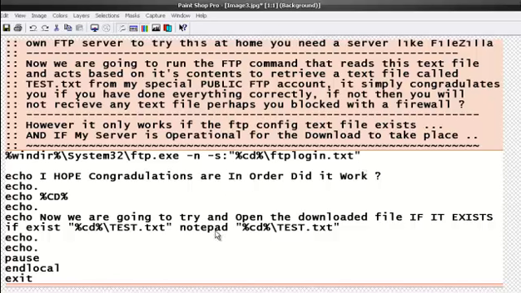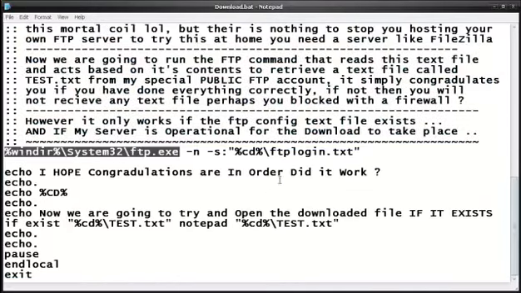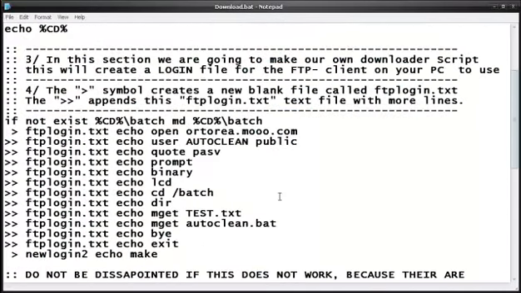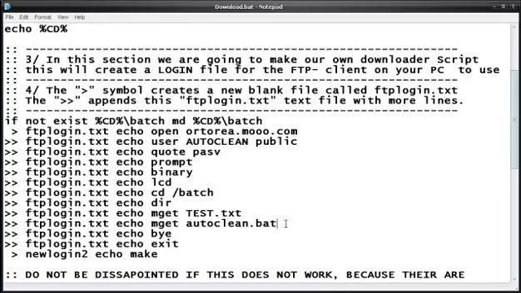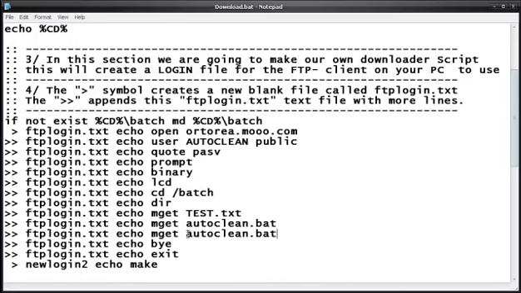But in order to retrieve those files, what you would have to do when you create your script is the mget, for example. The mget basically tells us what we want to download. In this particular example, what we're going to do is we're going to get the test.txt, and we're also going to get the autoclean.bat file as well. But if for some reason you want to get any additional files from the list, all you have to do is copy that line. And what you would do then is paste it, and then you would change the last part to whatever other file you want to get. For example,